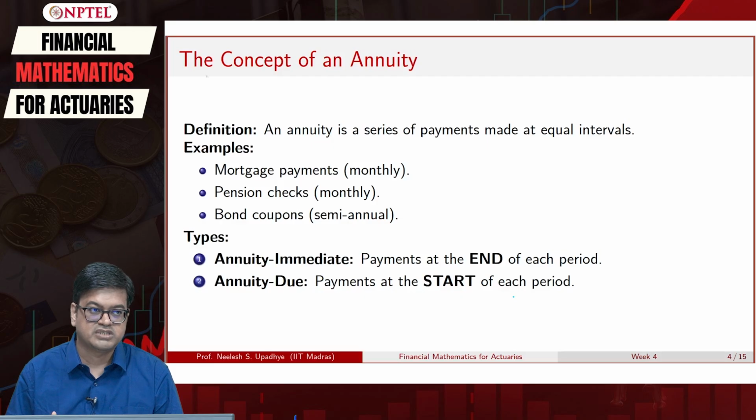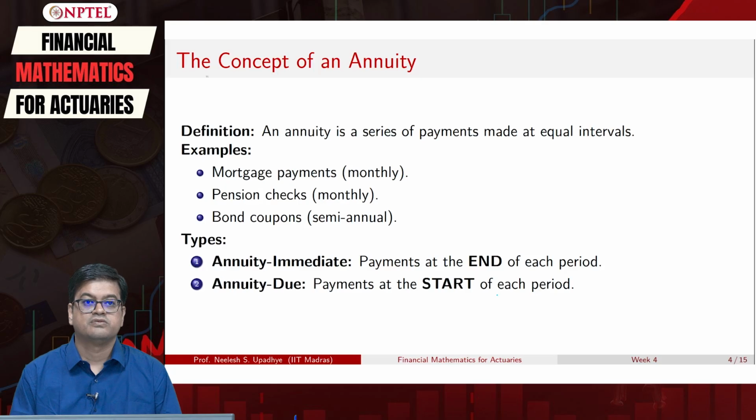So annuity immediate says payments are made immediately at the end of each period. And the other one is annuity due. Payments are made at the beginning of each period. So there is a difference and it is significant. So I will describe this difference through